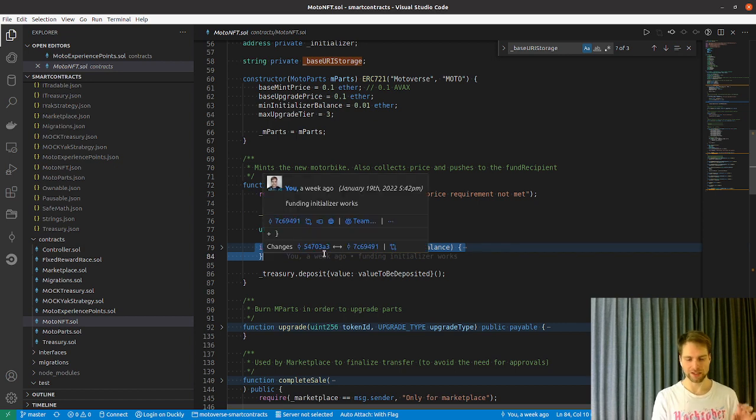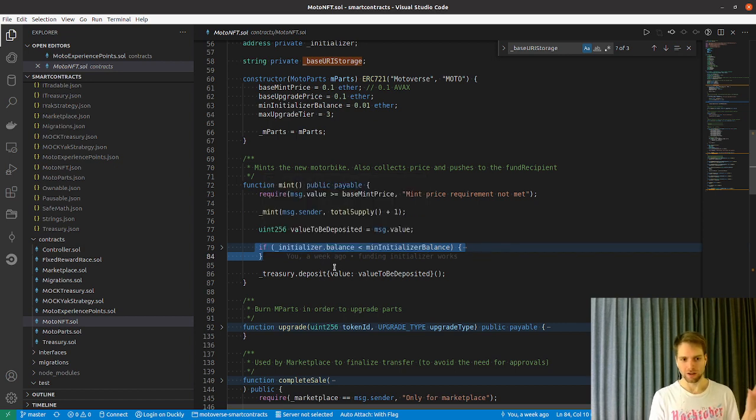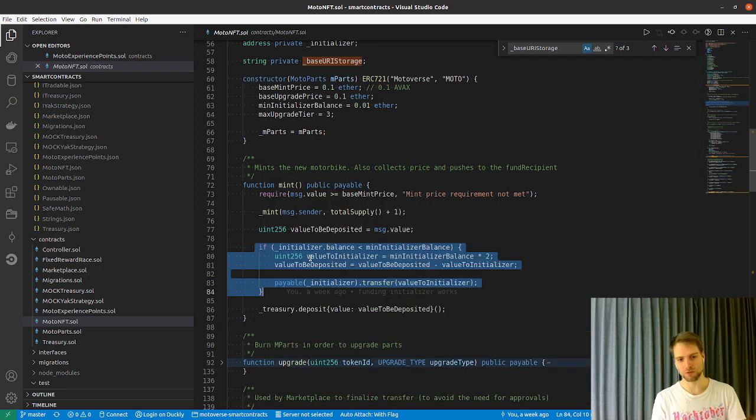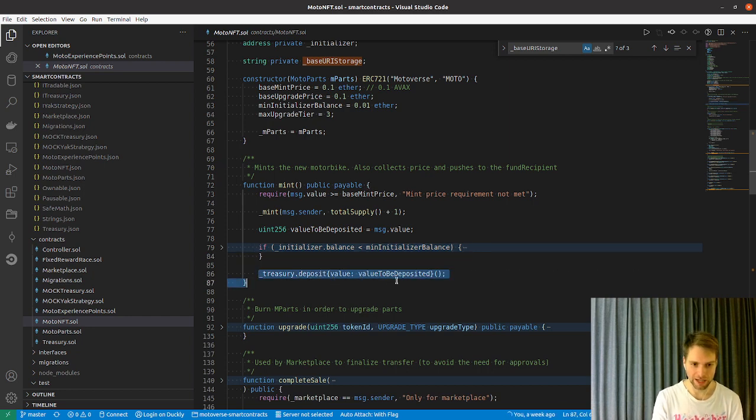So you basically use one wallet that nobody has a private key to, or like our server has the private key to, and we make sure that this minting process makes sure that this wallet has enough balance on it so that it can do that second step to finalize the minting. So basically it takes a little bit of the minting money and sends it to that token to pay for the gas fee. And then finally we do this Treasury Deposit, which is where most of the money will go.